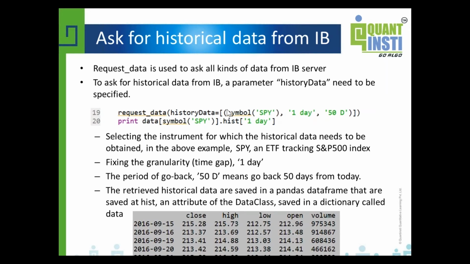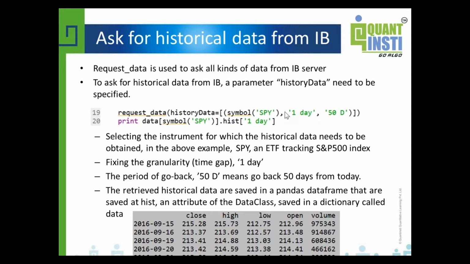Line 19 is request data, and then you need to specify history data. What's that? In this example, I asked for SPY. SPY is an ETF tracking the Standard and Poor's 500 index, and you just put SPY to tell it you want that security.